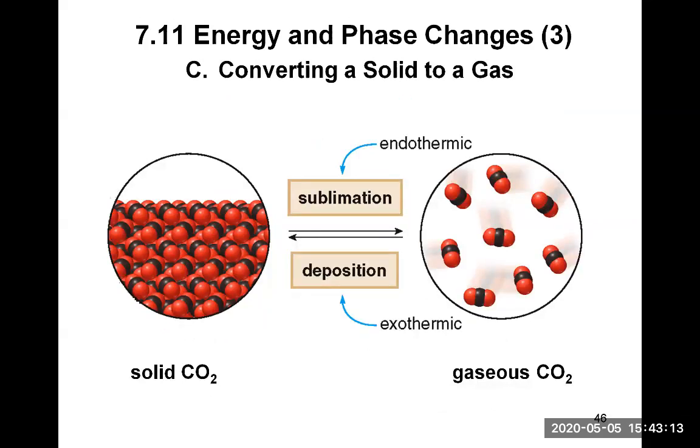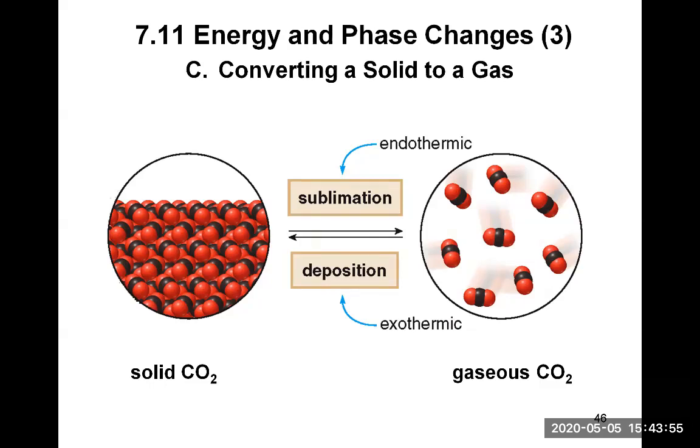Another set of names that you need to remember are sublimation and deposition. This is when you go directly from a solid state to a gaseous state and vice versa. So on the left side here, we have solid carbon dioxide, which we commonly call dry ice. So you see how the molecules of CO2 are packed together in an orderly fashion. You can see that there is a pattern there. And then when they are in the gaseous phase, they are completely free from each other, flying around. It's very